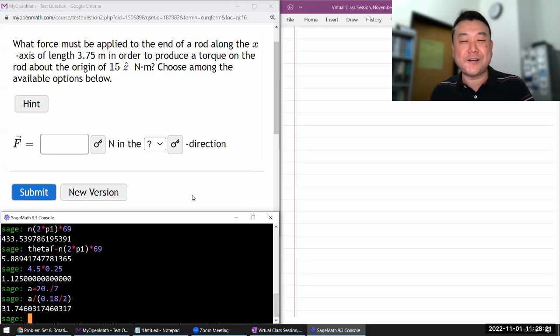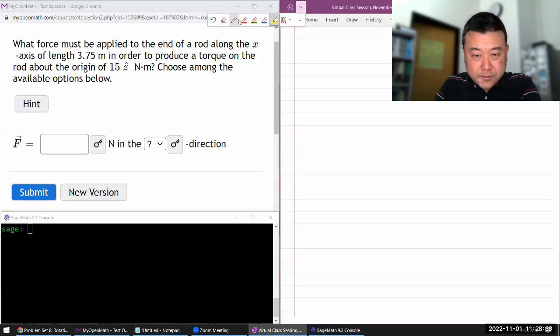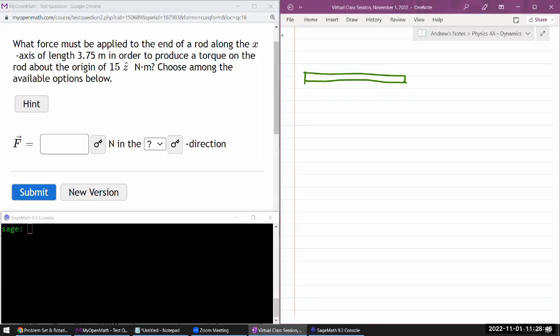At least why not give us an attempt now? So this is the first of those questions that I want you to do as an illustration of cross product. So it asks, what force must be applied to the end of a rod along the x-axis